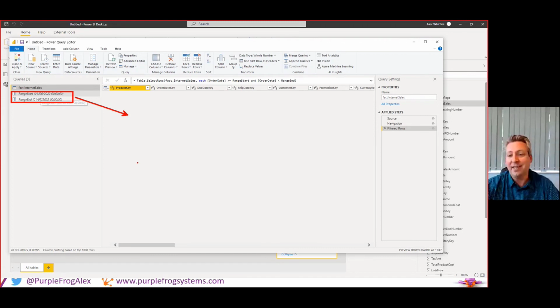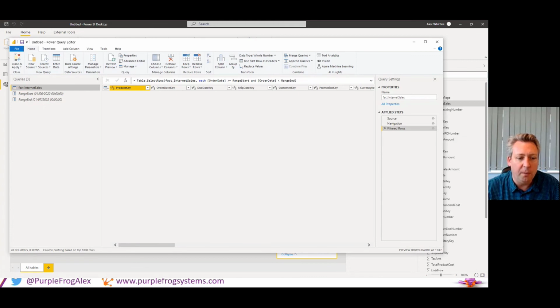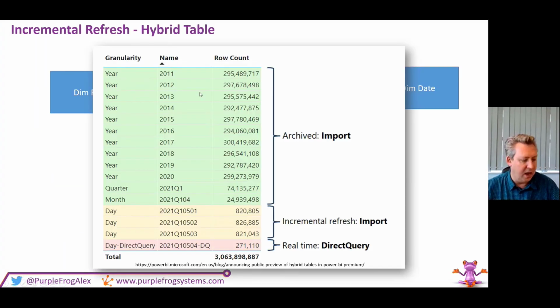So even if this table is a terabyte of data in the underlying source, we're only actually importing this 1 month's worth into Power BI Desktop. When we publish this and deploy it to powerbi.com, powerbi.com knows that it's incremental, and it will recognize these parameters and then do its own job of saying, right, I'm now going to create that partition, this partition,